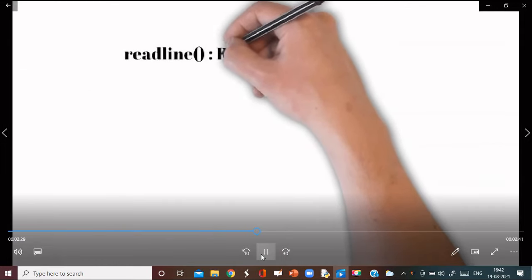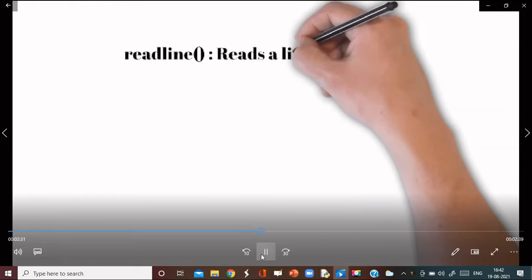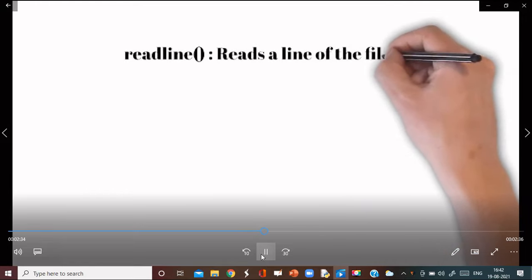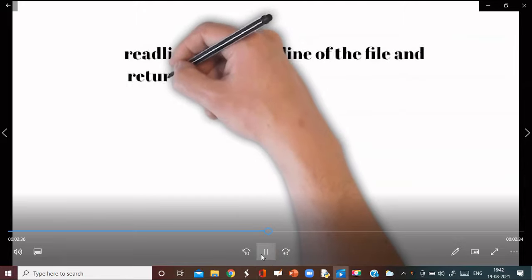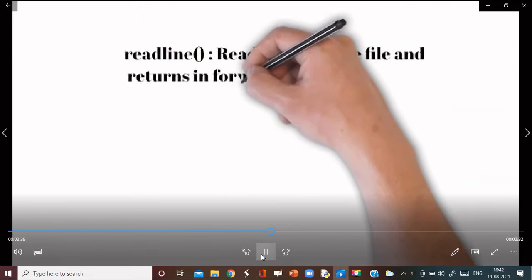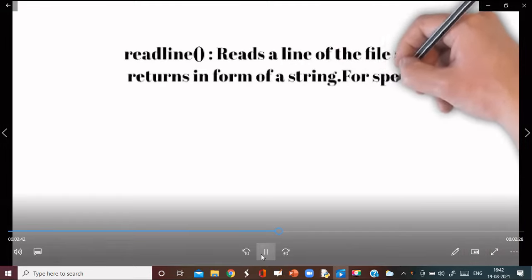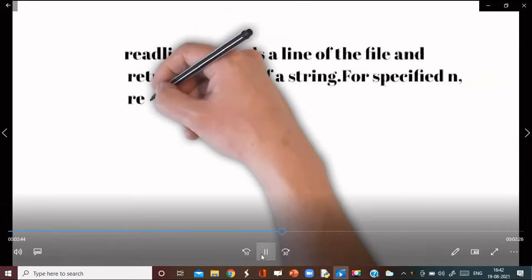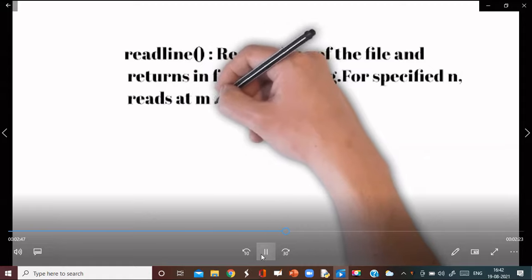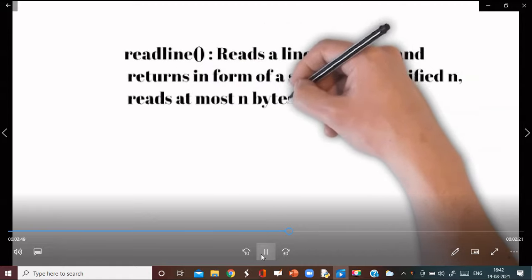Next is readline. It reads a line of the file at a time and returns it as a string. If you specify n, then it will read n number of bytes.